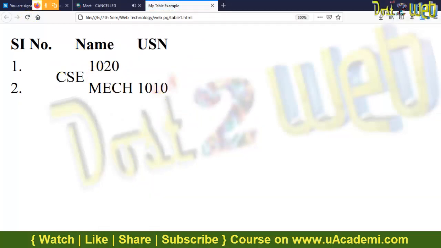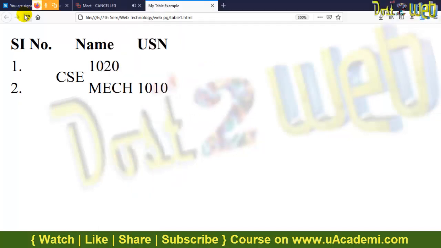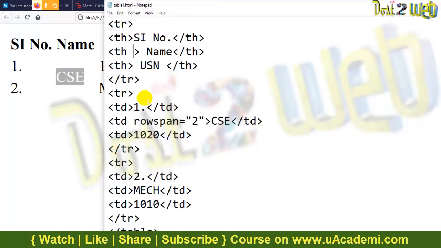Now what I'll do is just remove this column span and then see the rowspan result. Now see. The column span is reduced, but see the row span which I have given for the CSC, how it has come. The span is there, but it has come to the next. So this is the proper way we have to learn how much span we require. Like this, you can execute and see what result you are going to get.